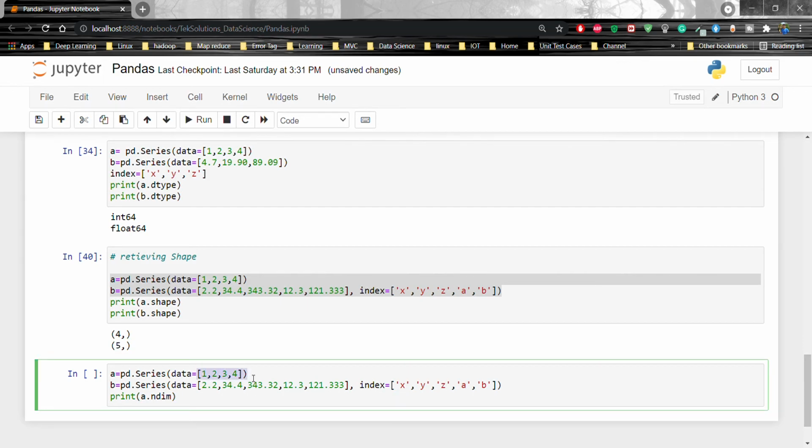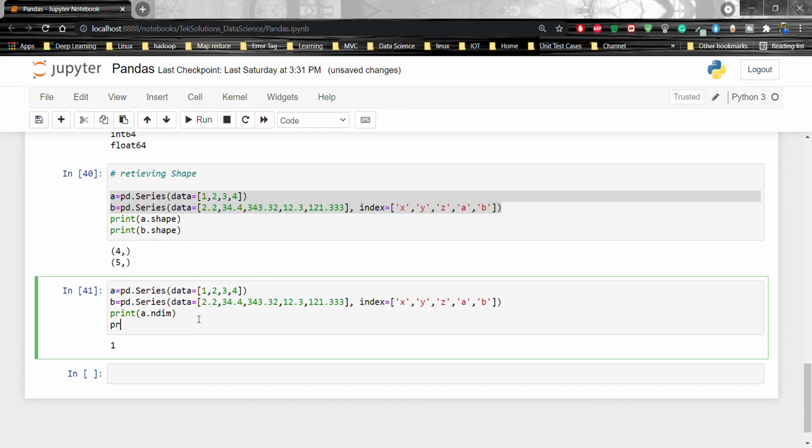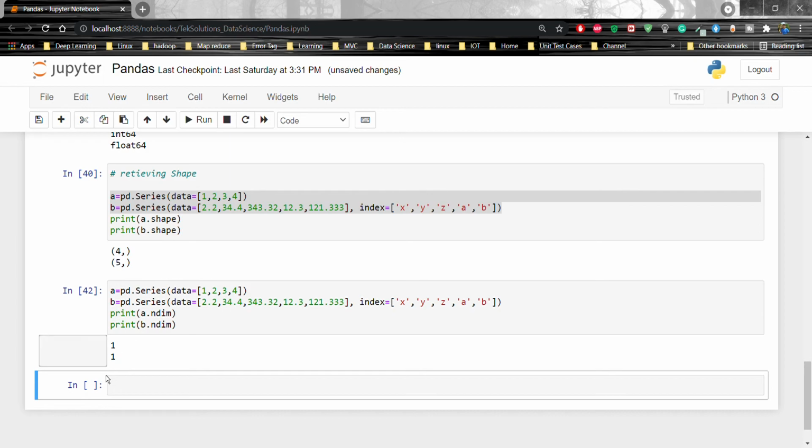This is one dimensional, so it will print 1. Now if we print b.ndim, we'll get the same output, because this is also one dimensional.